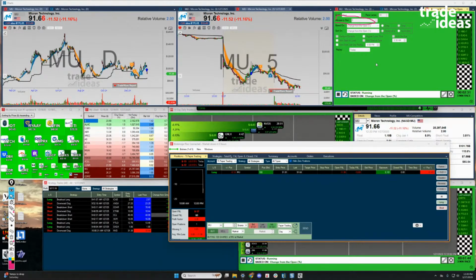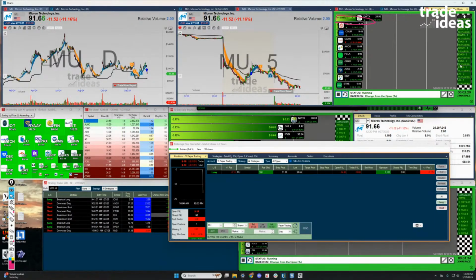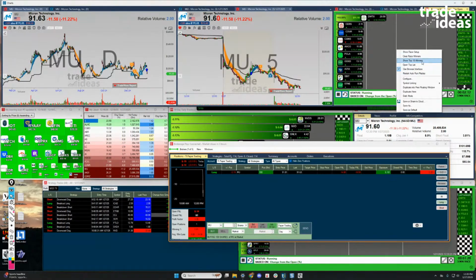I also like that as it cycles through the races, I get this nice watch list over here of winners. I've got it sorted by top 10 winners. I could right click and just go show all winners. It'll show me all the winners in the order that they've won, and then it puts a dash next to it with the number of how many times it's won, including the race that it most recently won. That makes for a nice watch list through the day.